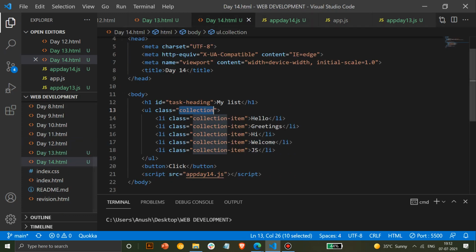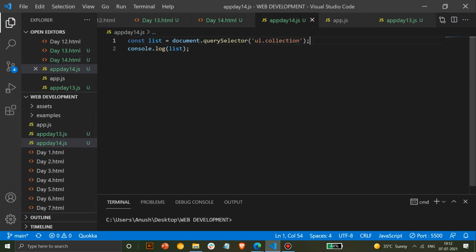You can use the complete path also. If it's embedded in a div or something like that, then you can add div.ul.collections, so that becomes a little bit more clear. But you should always follow this practice, even when you use CSS, you can do the same thing there also. Any doubts up till now? If you are not clear with this point, I'll repeat and show this again.